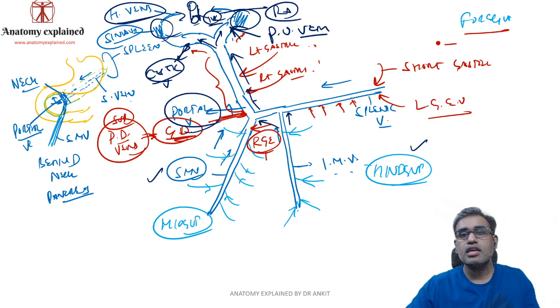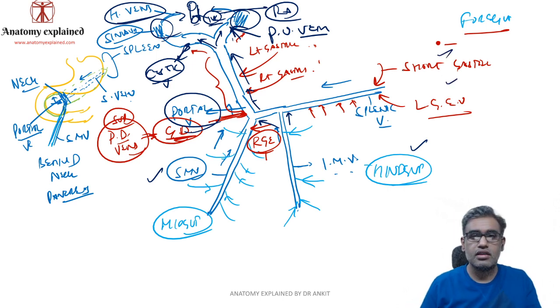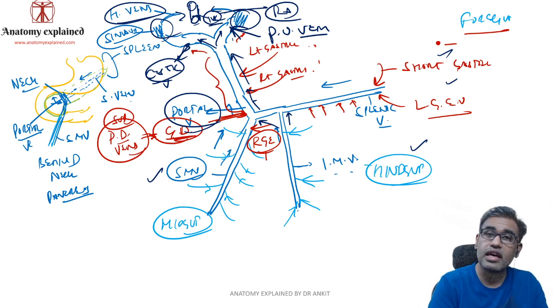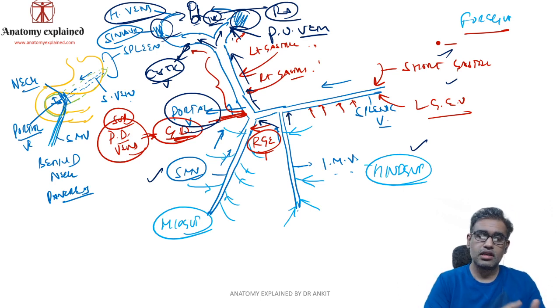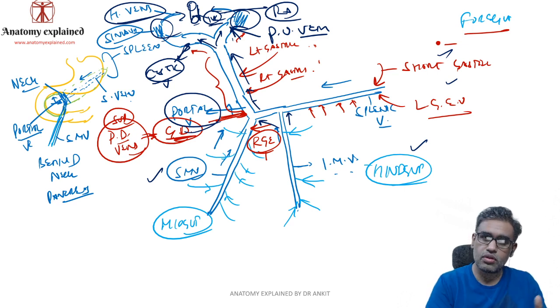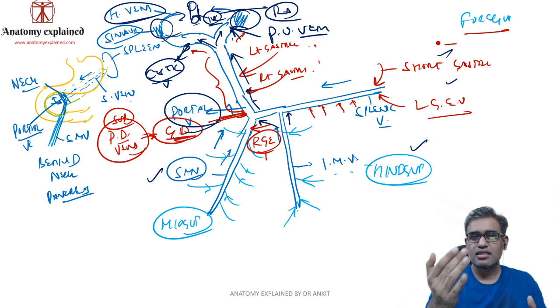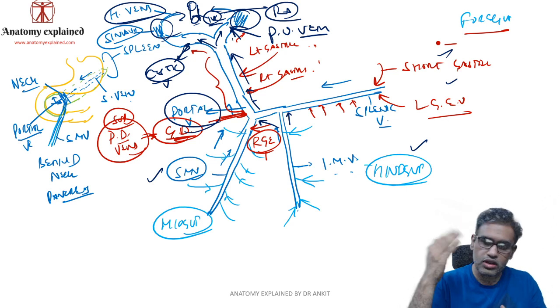So SMV, IMV, and the relevant veins of the celiac trunk, which are these splenic veins, the gastric veins, the gastroduodenal veins, right gastroepiploic. So normally there is a lot of confusion that right gastroepiploic vein, is it entering into the SMV or into the portal vein? So remember that right gastroepiploic is in the greater omentum, so it makes sense it directly enters into SMV. No need to go back.